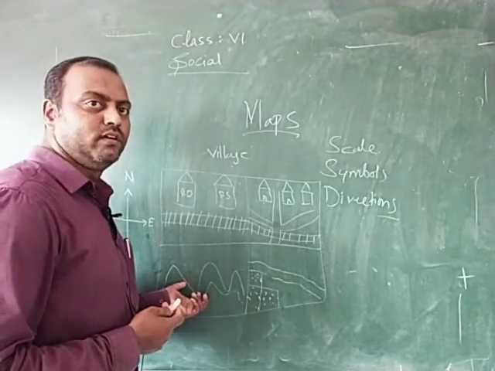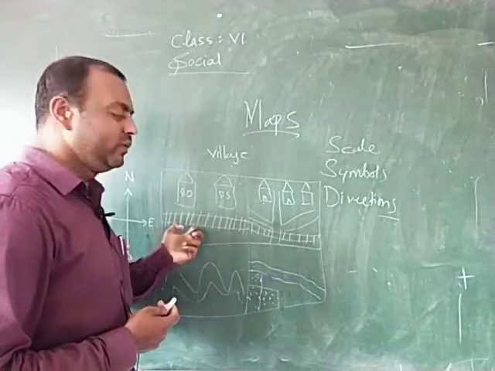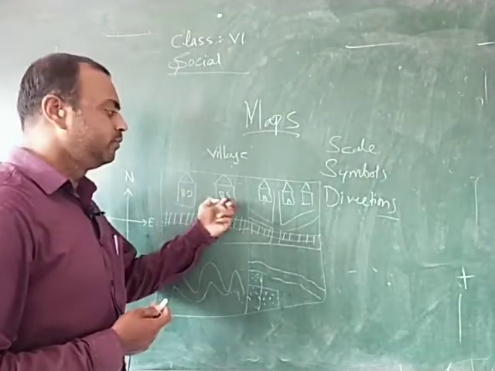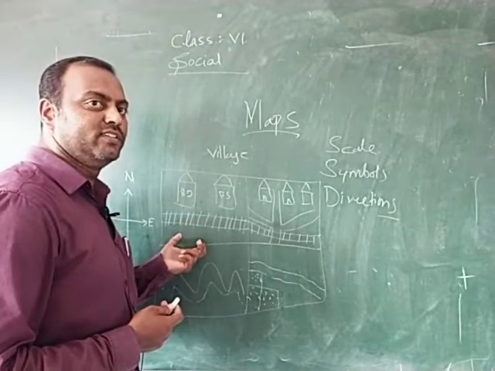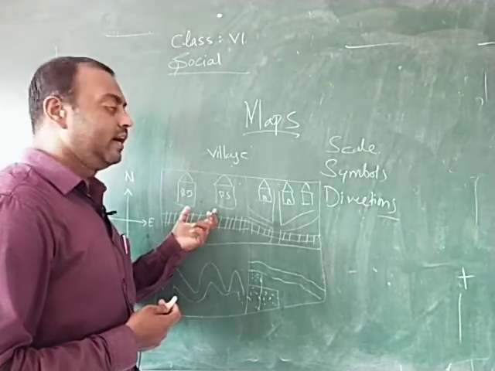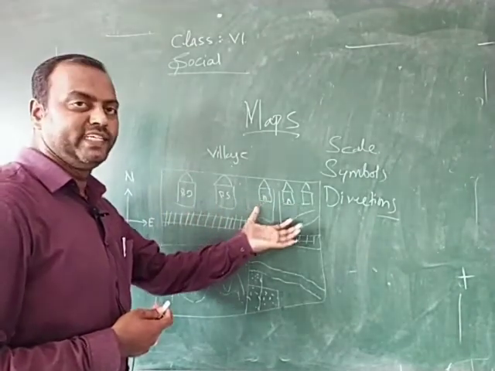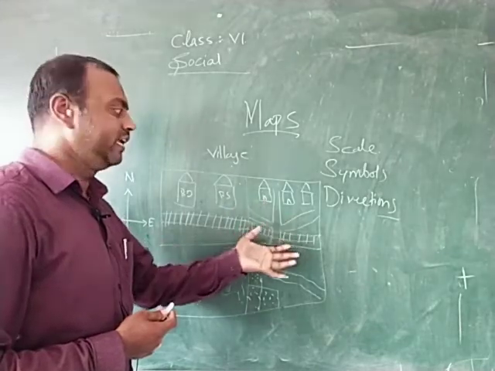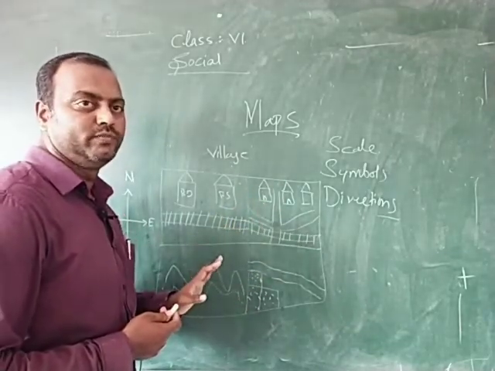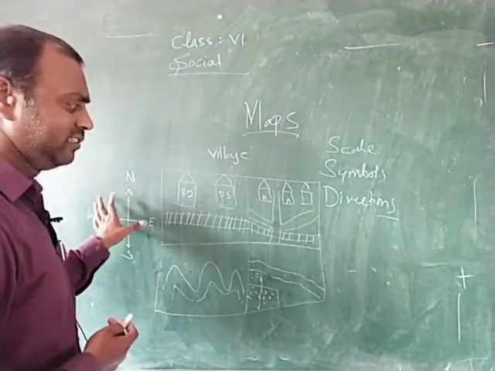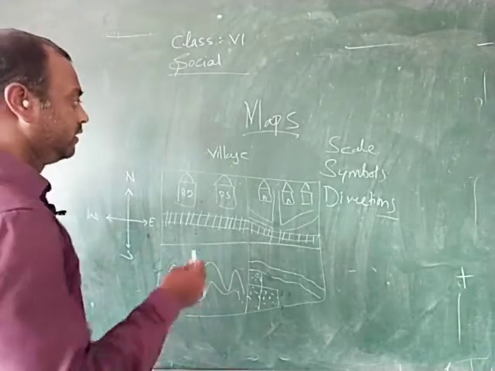Mountains are present on the western side of the village, whereas the railway track, post office, police station, school, and other important government offices are located on the northwestern side of the village, and the city, the residential area, is located on the northeastern side of the village. So with the help of these directions, we try to understand this village map with conventional symbols.